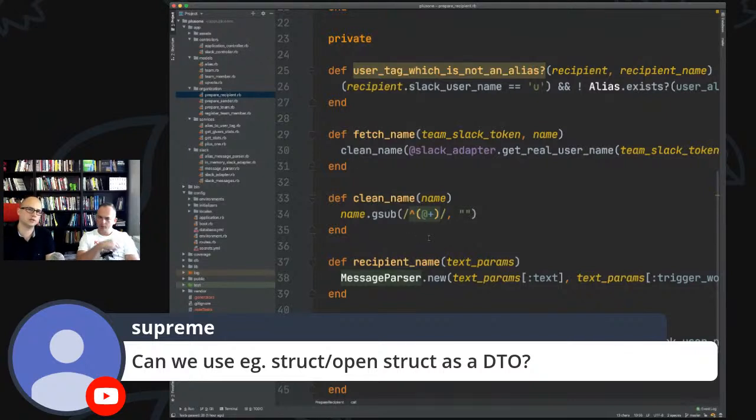And by this line, actually, I was thinking we are mixing a bit here. Definitely. We have some kind of mapping here, which probably should not be in the prepare recipient, because I think prepare recipient in this case should prepare our representative, exactly, our object, and we should not have it here.